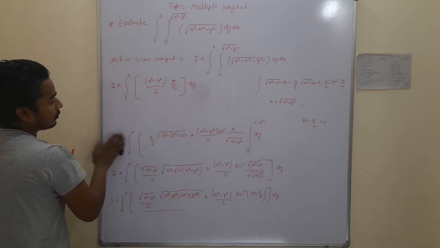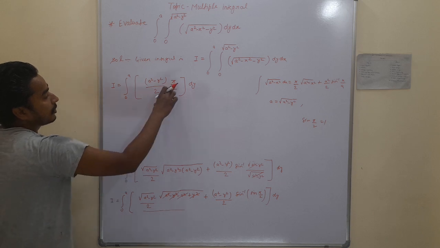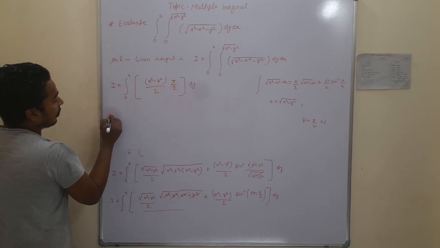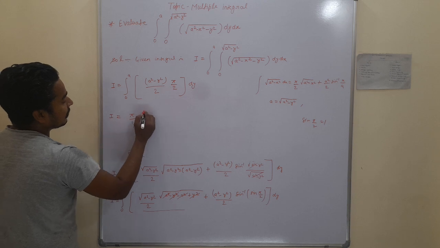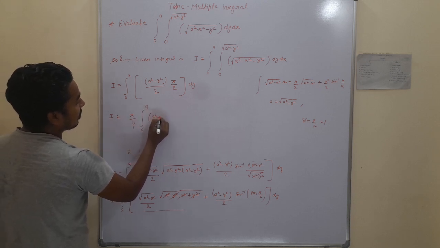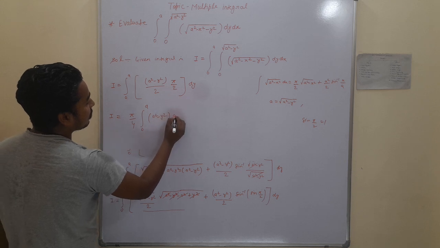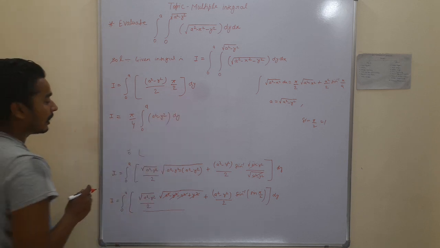Further we solve by integrating with respect to y. Taking pi by 2 into 1 over 2, we get pi by 4 taken outside, and here the integral limit is 0 to a of a squared minus y squared into dy, and here we integrate with respect to y,